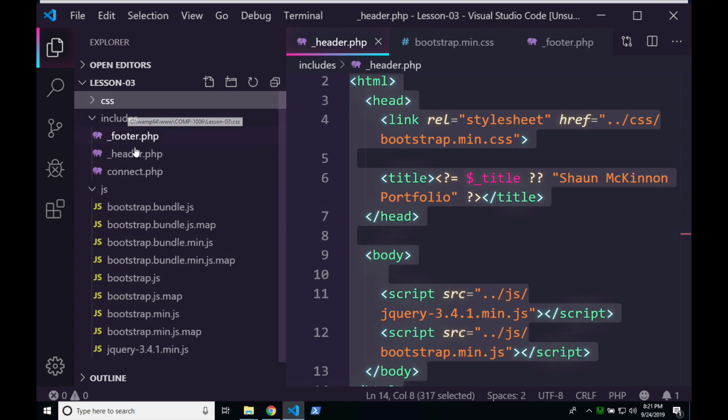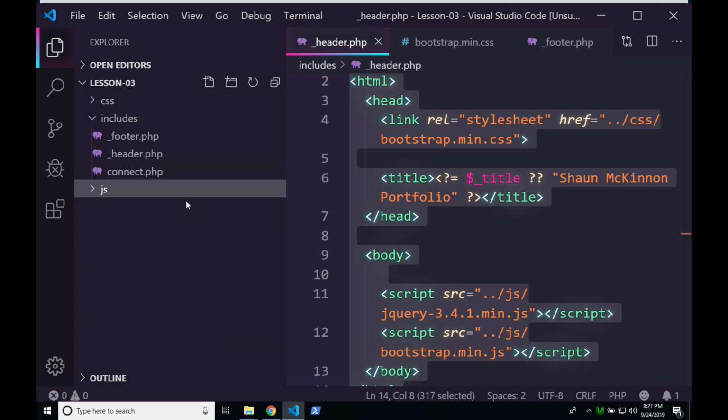So far we have our header file and we have our JavaScript and CSS stuff, but we can't see anything on the page. We're definitely going to want to see something on the page, but before we do that, what I'd like to do is take this header file and break it into its two separate pieces, because right now it's all one big HTML file. We don't need one big HTML file. We need the top part and the bottom part. So the logical place to break it,